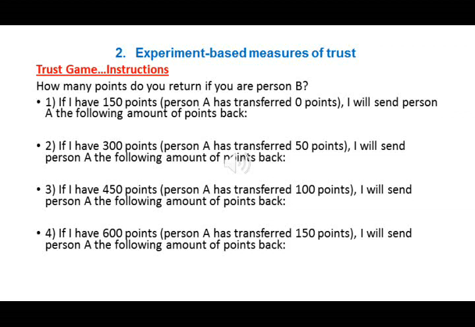So this strategy method is a method that could be used in some experiments. But the other method is just for subjects to enter the lab, and the computer randomly assigns them to person A or person B. And then we, as analysts or economists, just measure the level of trust of only persons A and the level of trustworthiness only of persons B.